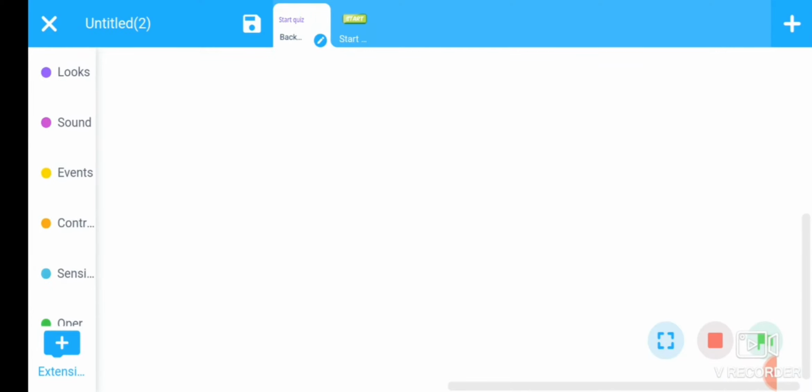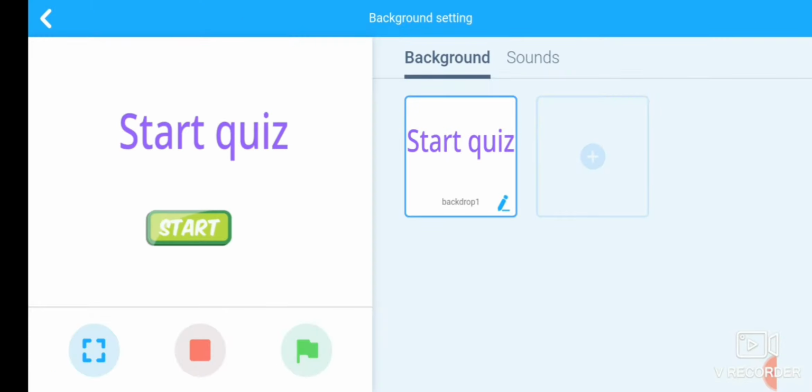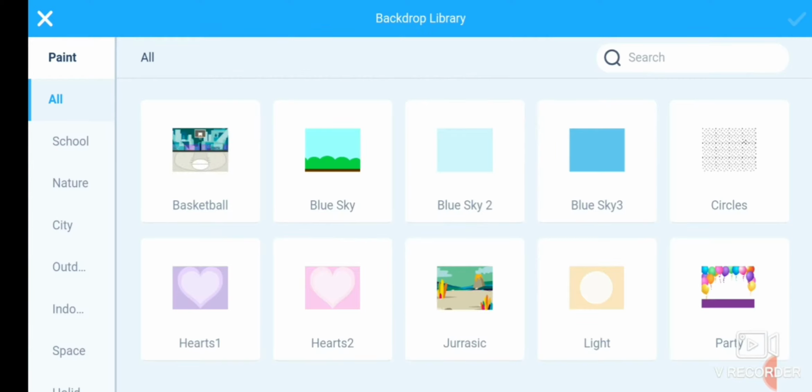Now again we require one more background here. For adding one more background, click on this plus sign and go to the paint section.